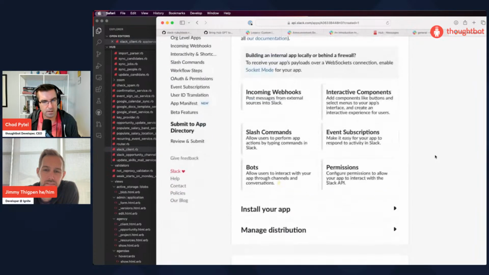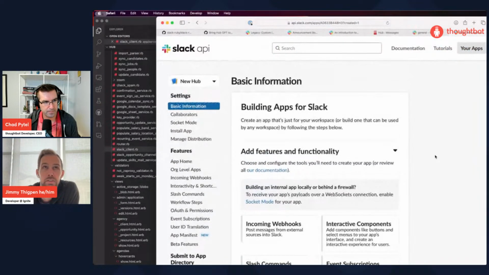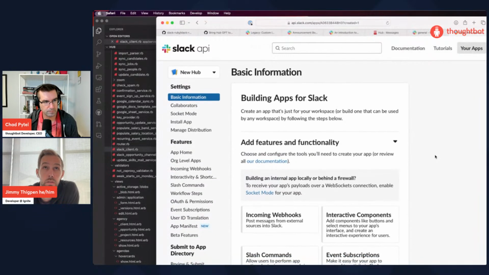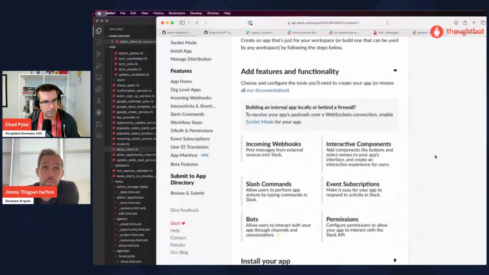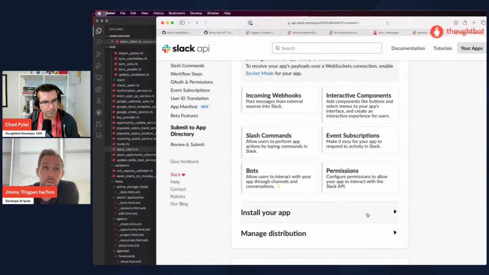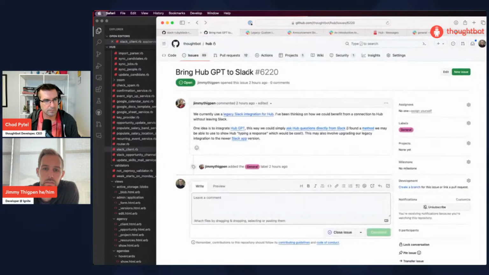We're basically trying to figure out how our app can talk to users from the app home tab, well, not the app home tab, just the messages tab. So we need to find somewhere that talks about, well, actually, I think I linked that on the ticket. There's a page that talks about how your bot can't communicate with Slack.